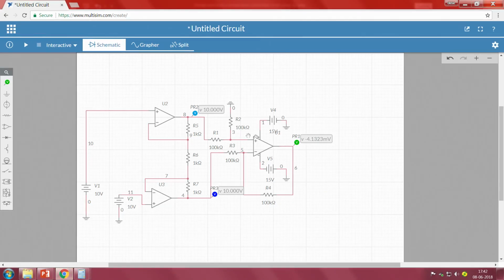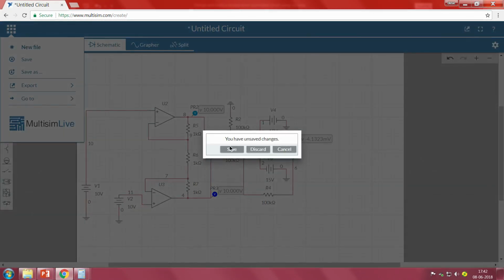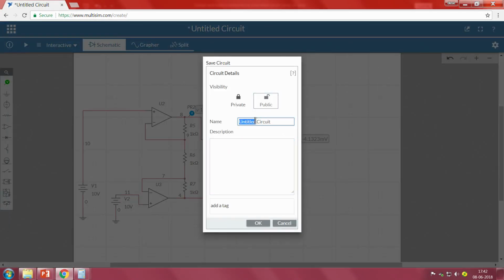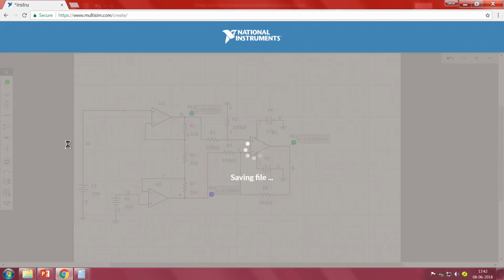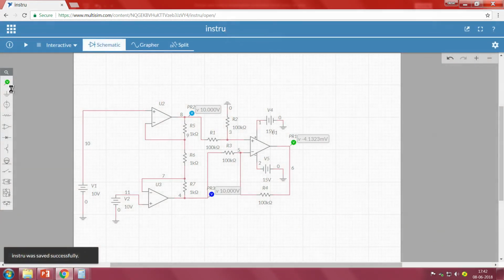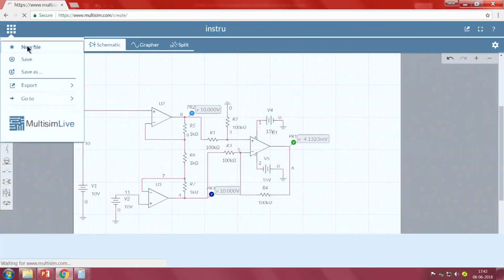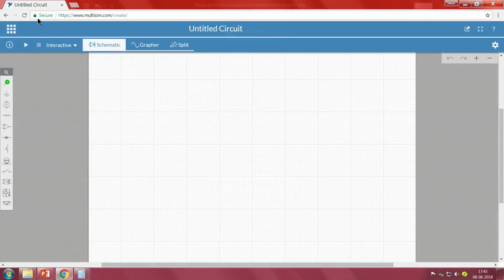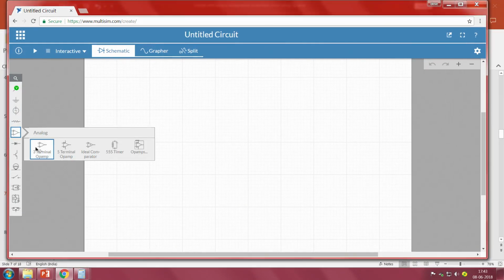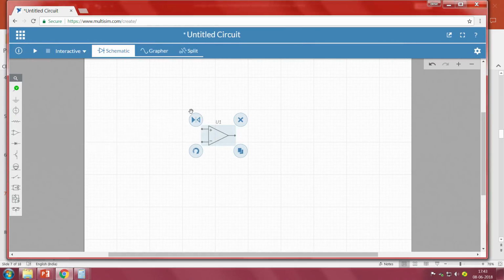Okay, so let me go back to the simulation, right, and new file, let me save this. I am taking a new file, right. I will take an op amp, right.